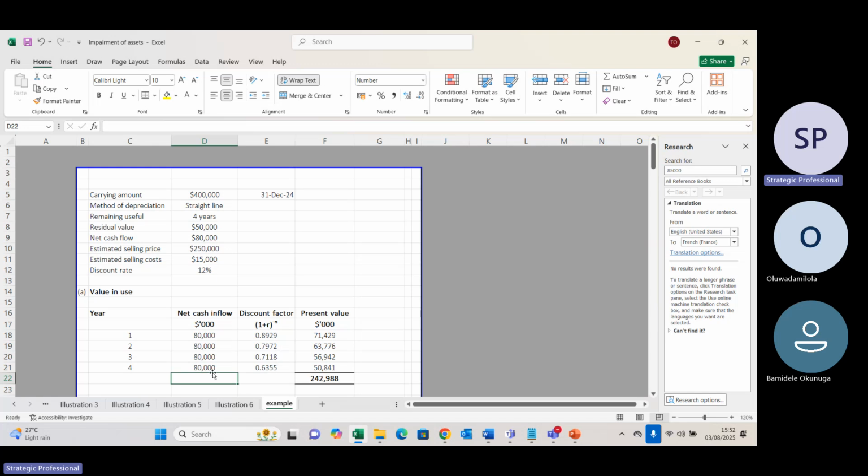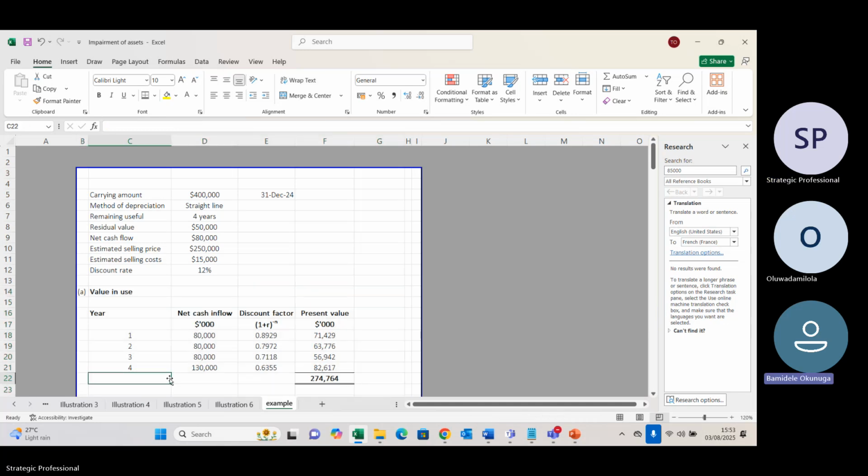Because it was given, technically, what's the meaning of residual value? It's the amount that the value of that asset as at the end of the useful life, or you can also say the amount that you get if you decide to sell it at the end of the useful life. So that's the reason why we are adding it in year 4. If it was 5 years too, you add it in year 5. So it is plus 50,000. That's 274. That's the value in use. So this is what changed between this one and what we have done before on value in use. That's the major change. Do you understand?